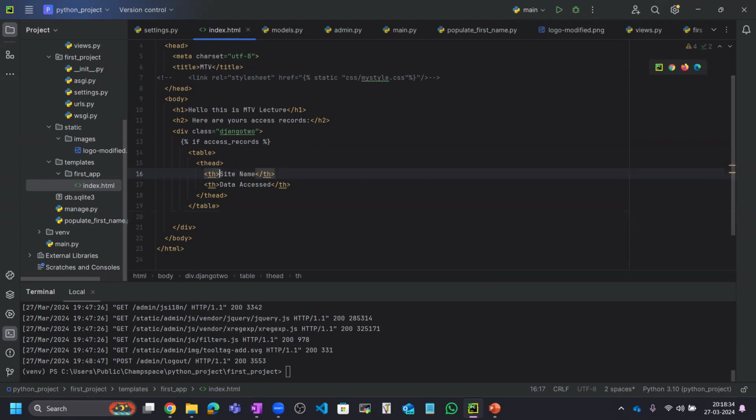This is represented on the web page, front page. Next is for loop. So for acc in access records, acc is a pointer. Access records, I think it is an array. So I need to traverse this,